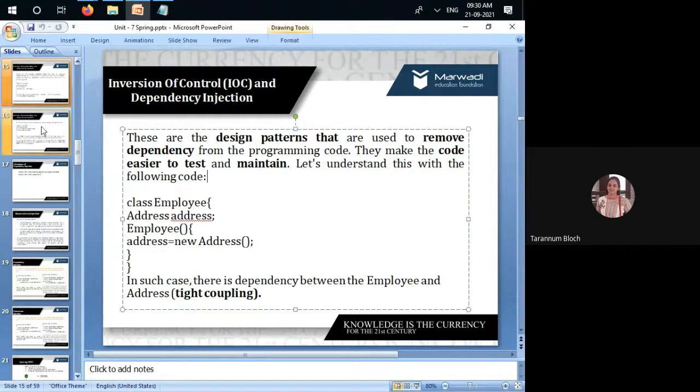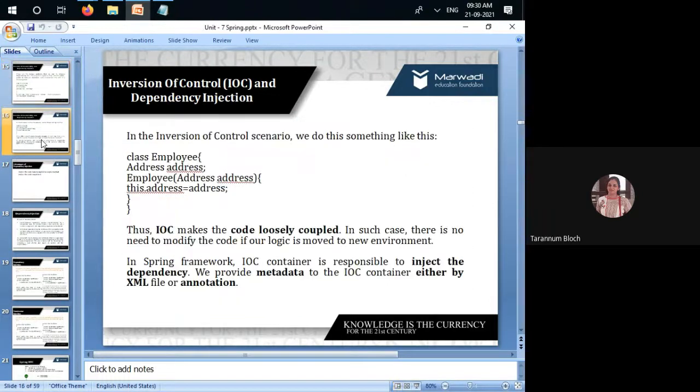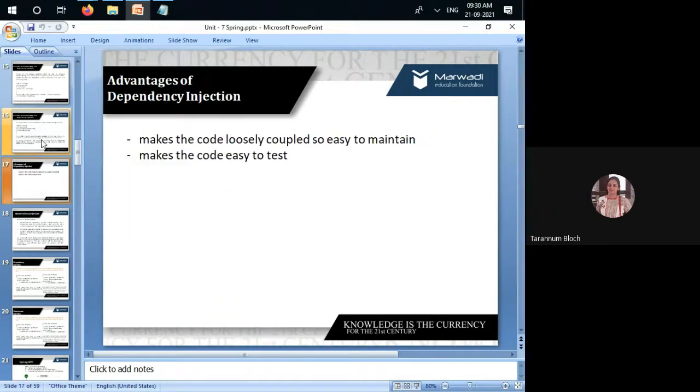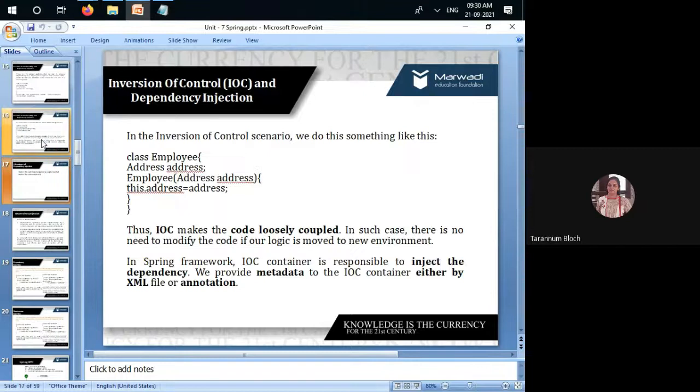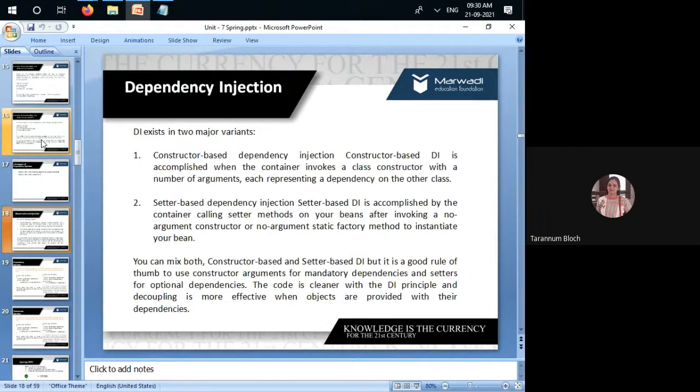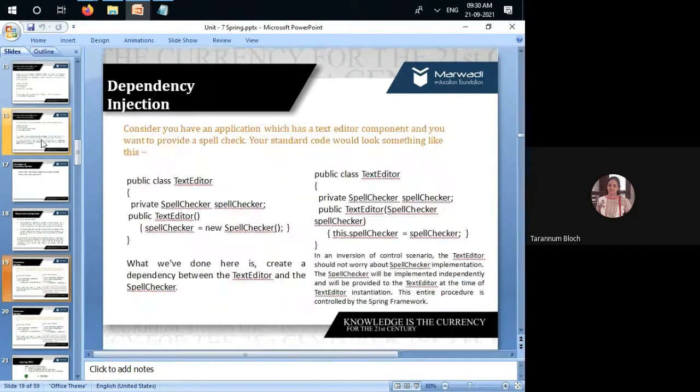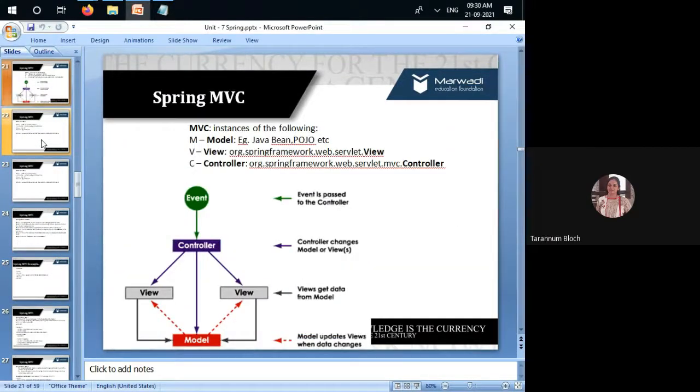In the next lecture, we will discuss what inversion of control is, how it can be used to make loose coupling among the code, and what the 2 ways are to apply DI in your code. If time permits, next time we will discuss Spring MVC also. Fine. So that's it from my end. I'm closing the session today.